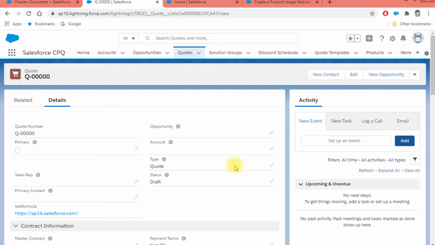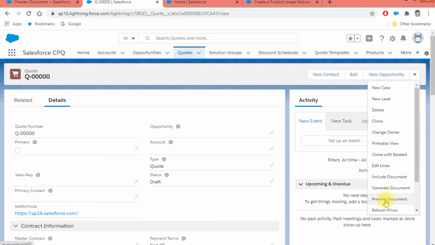Now let's see how to display the same images inside the quote template document. For now I have configured a very basic quote template. It will hardly display the quote lines. So now let's click on preview document.